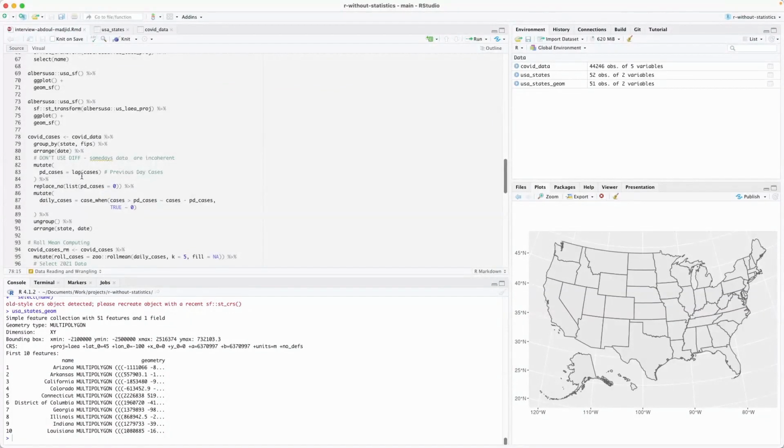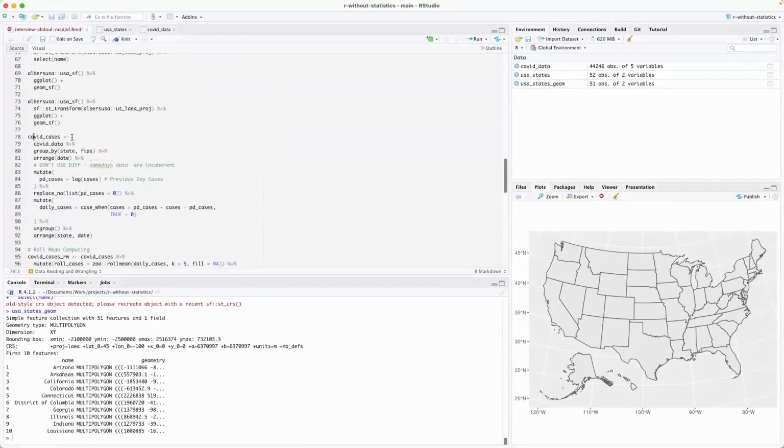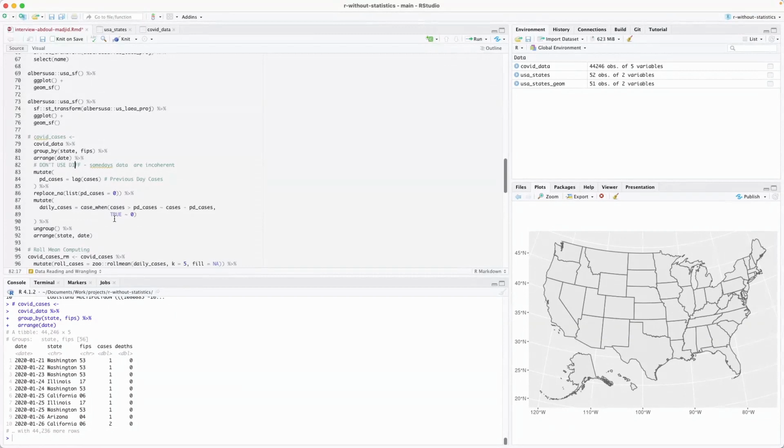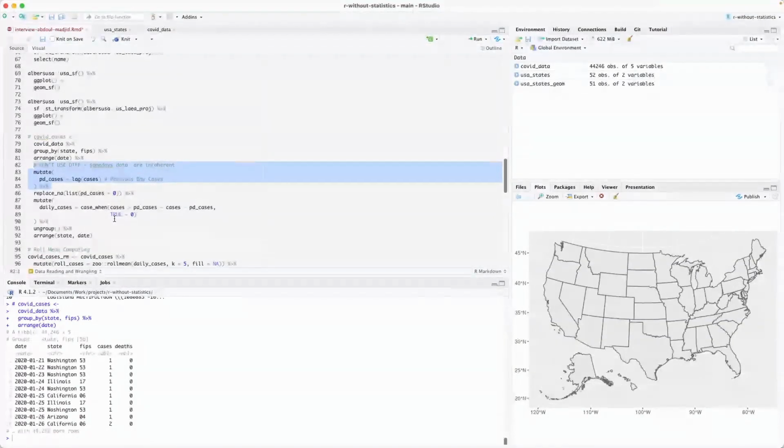So if we can just talk through this, let me even run it a couple lines at a time. So for example, if we run down to here, you are grouping by state and by the FIPS code, which is just an identifier, and then arranging by date. Talk about this, because I wasn't sure that I quite got what was going on here. I know you wrote this code a while ago. There's a for each